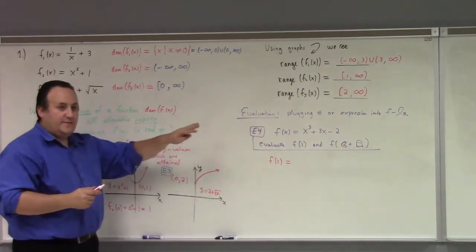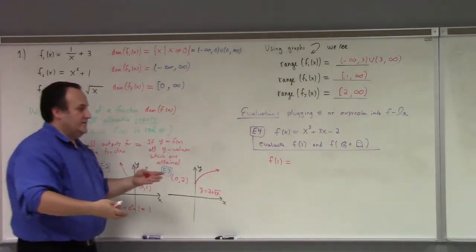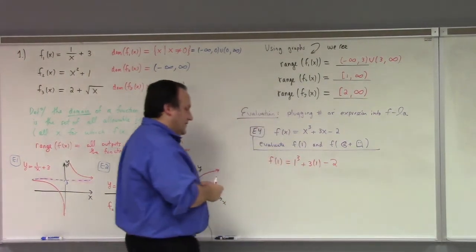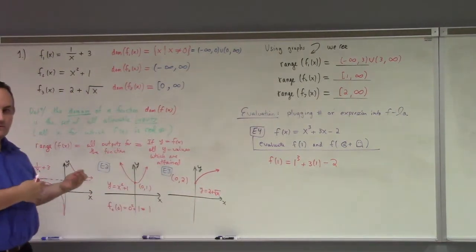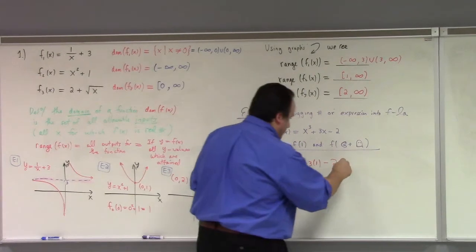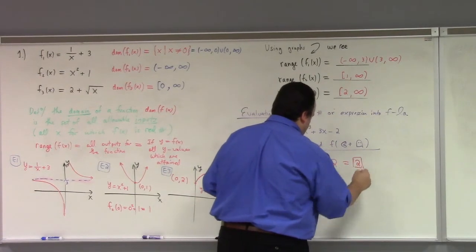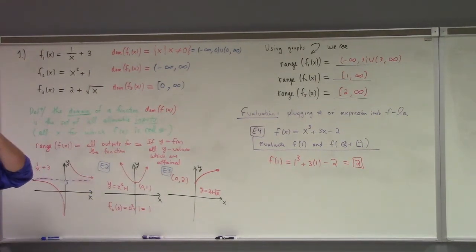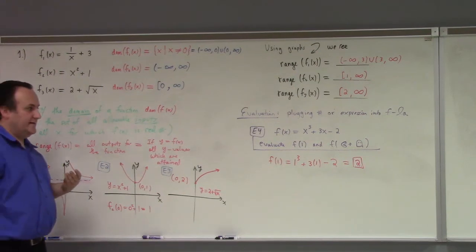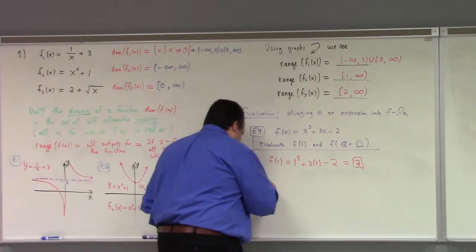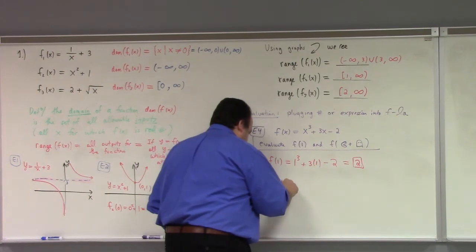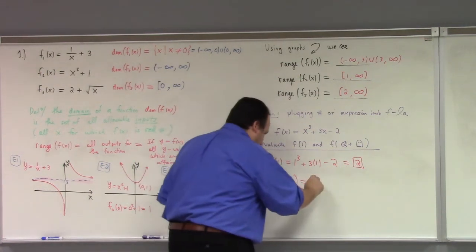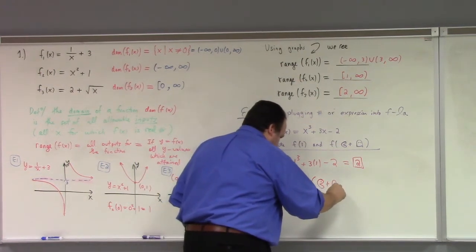Anyway, f of 1, all that means is you take x and you replace it by 1, right? So we got 1 cubed plus 3 times 1 minus 2, also known as what? 1 plus 3 minus 2, 4 minus 2 is 2, right? So evaluate the function. This just means we plug the value into the function, right? Not bad. And how about f of Pac-Man plus Ghost? What's that mean? It means you take everywhere there's an x and you replace it with Pac-Man plus Ghost.